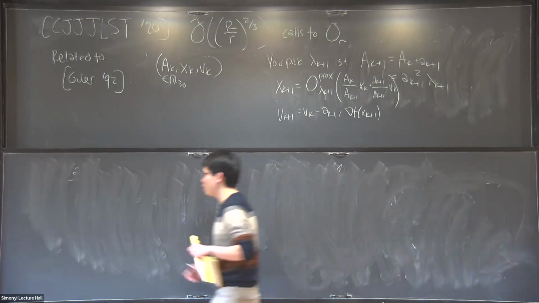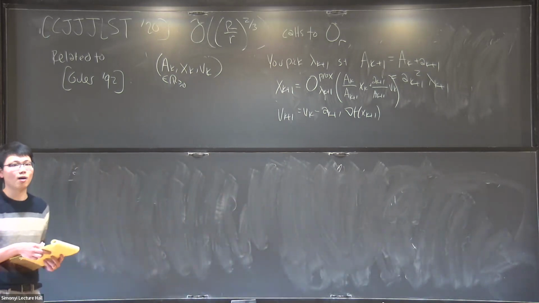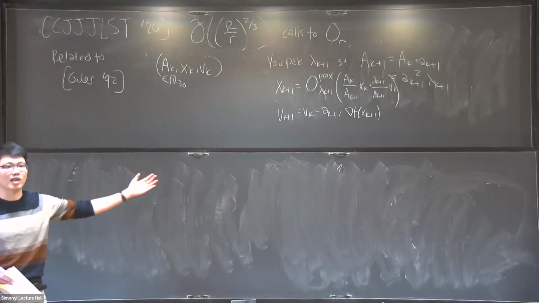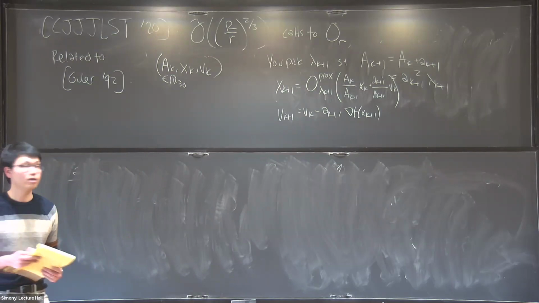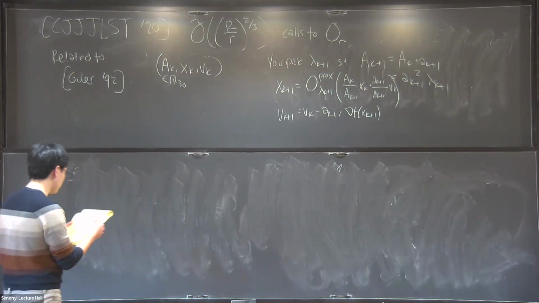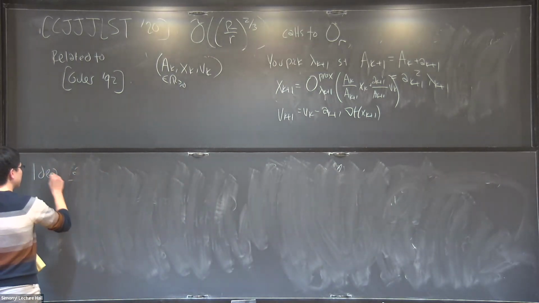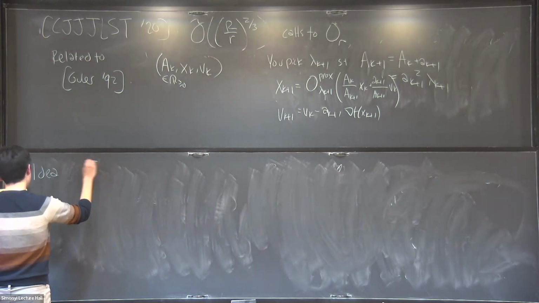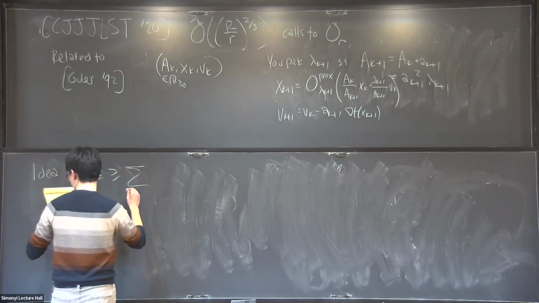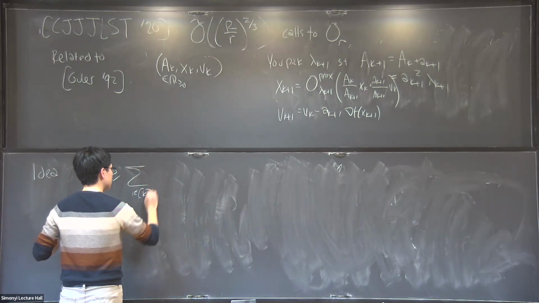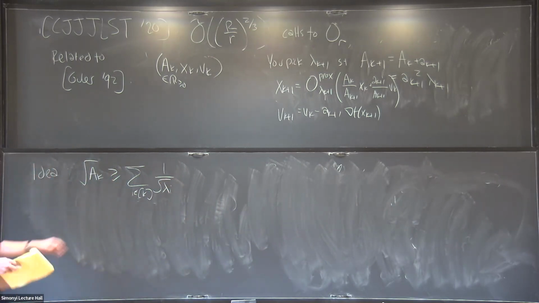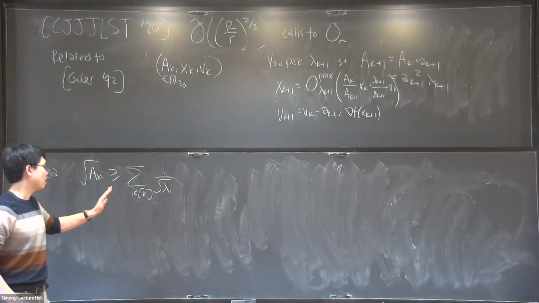Okay, so analysis 1, this is sort of the classical analysis. Classically, folks have chosen the sequence of lambda k's in advance and tried to analyze how quickly the AK parameter grows. It turns out that if you just rewrite the definition of AK and lambda k, I won't go into this too much, but the first idea is you can show that root AK is bigger than the sum over i up to k of 1 over root lambda i. Okay, so the punchline is, if I choose all the lambdas to be equal to a particular fixed value lambda,